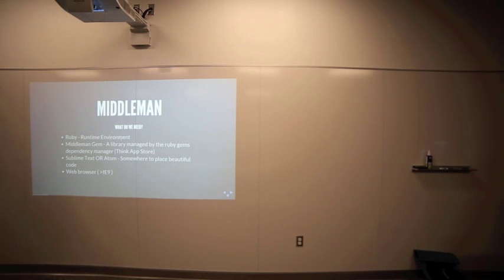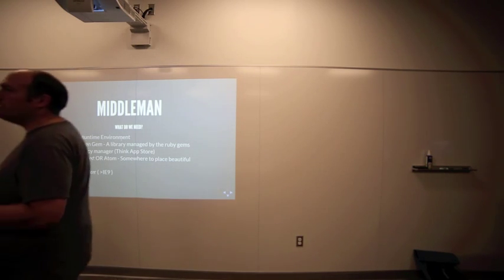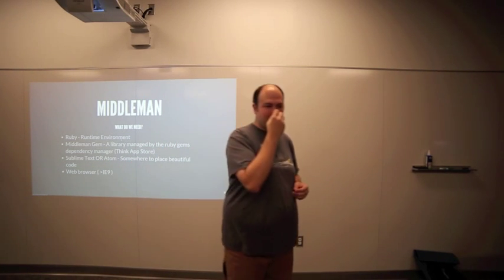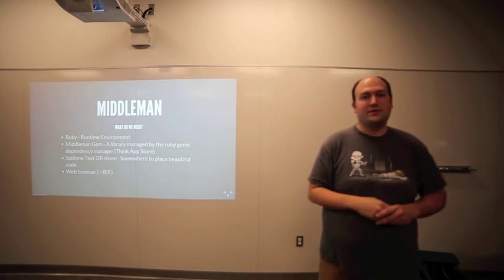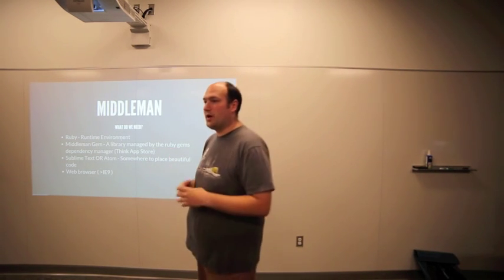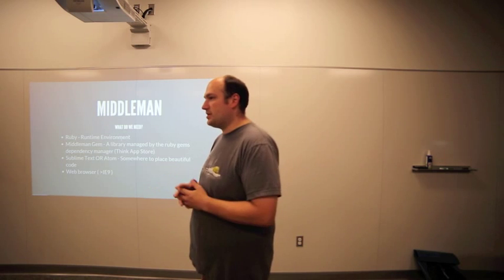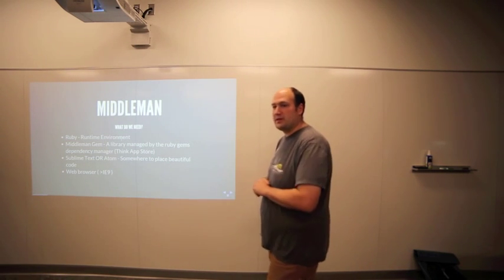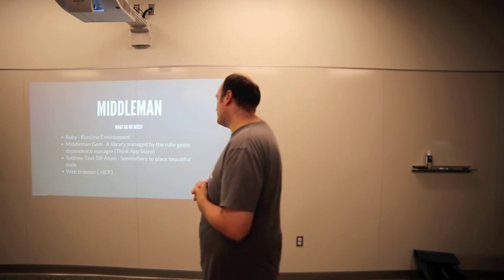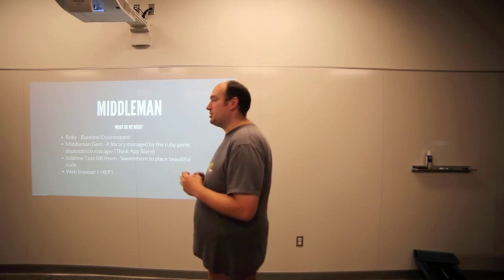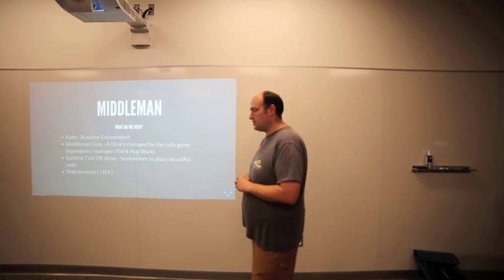Think of it a little bit, so it's part of the dependency manager of Ruby, comes with Ruby, it's free. Think of it a little bit like an app store, kind of. Some things inside of the gems are software that you can run, that you can use, and the rest of them are things that you might write code on top of. So it kind of lives in two worlds. It's a bit of library, it's a bit of application. Middleman lives in that world of being something that includes a generator,